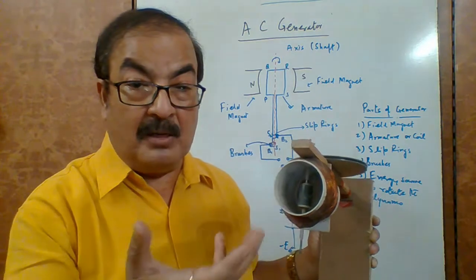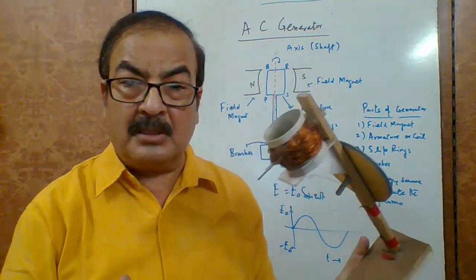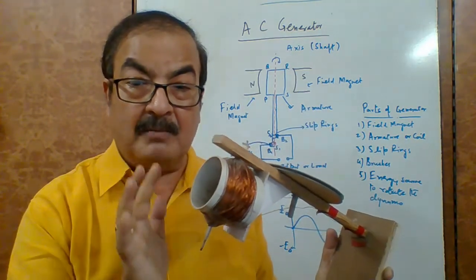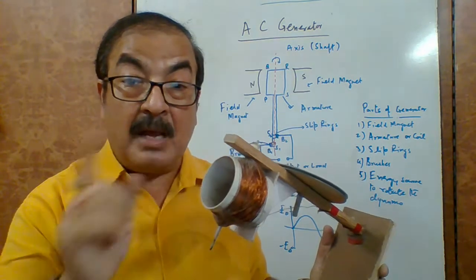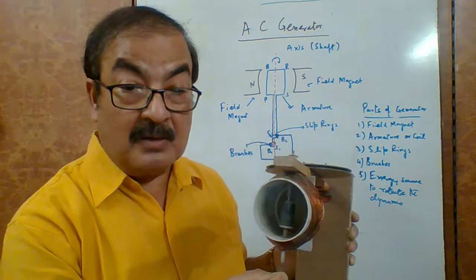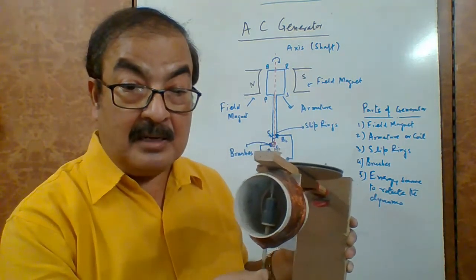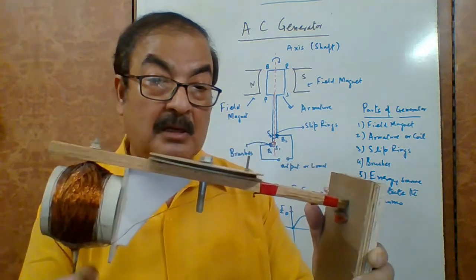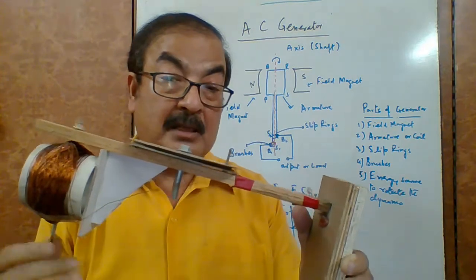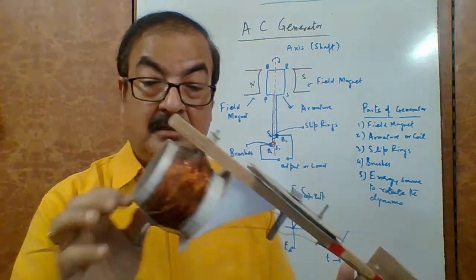It is very simple and easy to make, and this is an ordinary coil of around 2000 turns. And this is actually not the field magnet, but this is the armature here. The armature is fixed, but the magnet is rotated, and the shaft is taken from the magnet itself. It can give you the idea of how AC generation can be made even at home. You can prepare this. It's very simple.